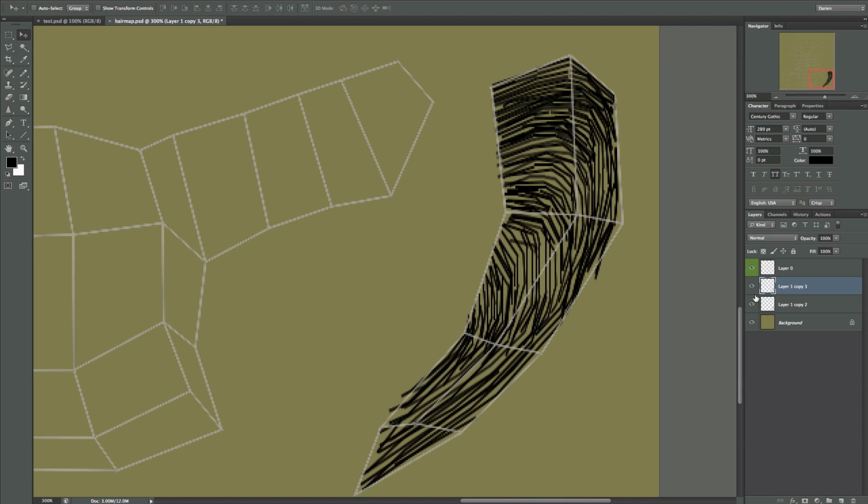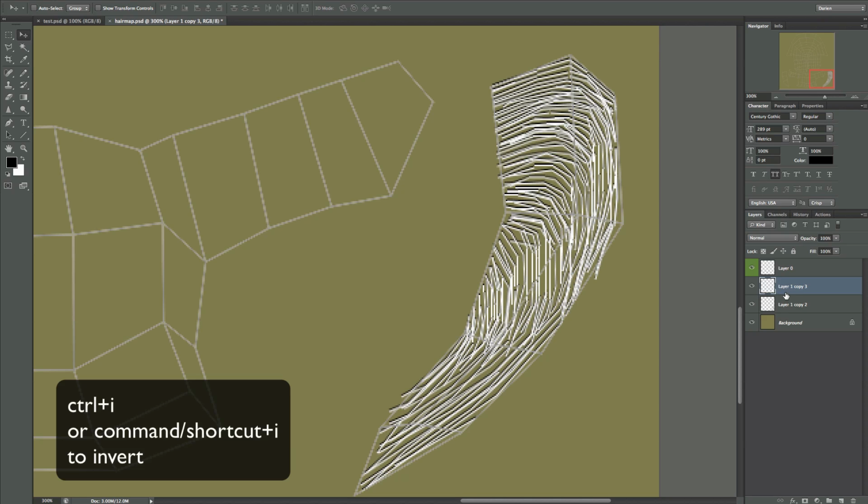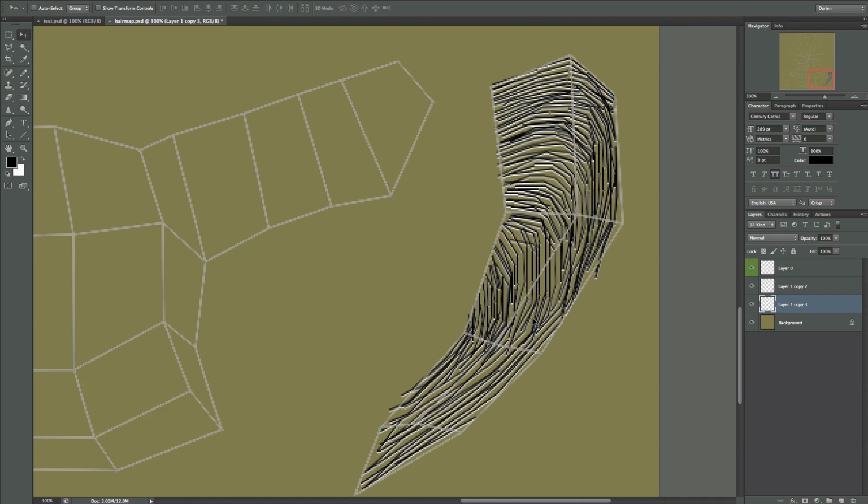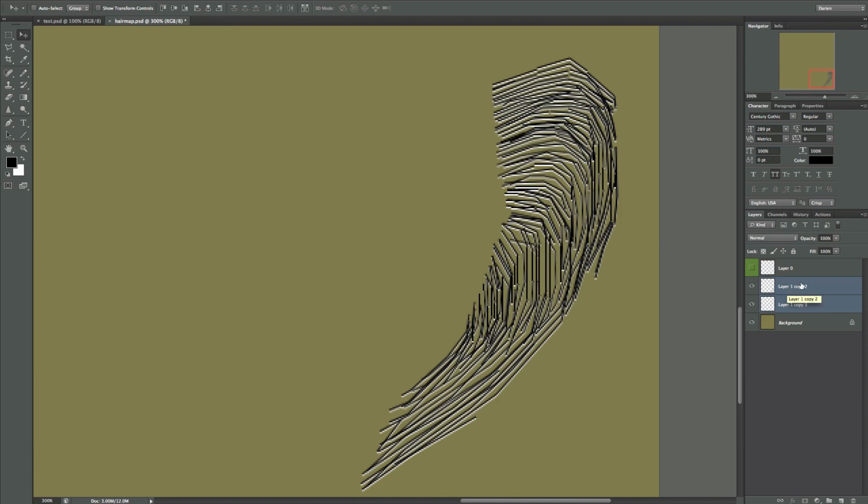And what I like to do with the second one is invert it, and then I put it behind the black. So now these strands have a slight, what do you call it, reflection to it, kind of like at one angle of the strand it's dark, and on the other side it's bright, and that's because the light's reflecting on one side and creating a shadow on the other. So with that, I can merge those together,